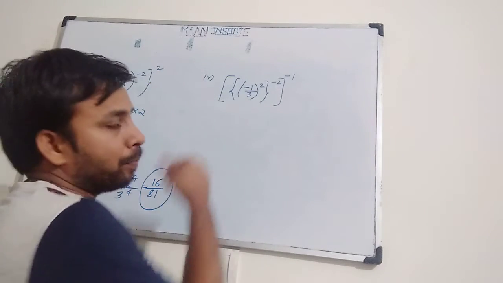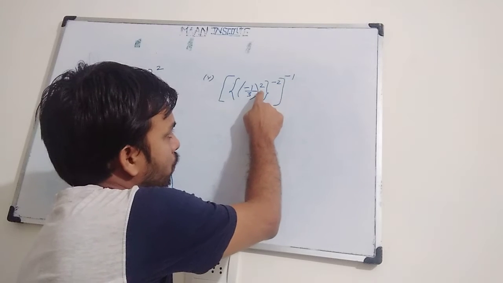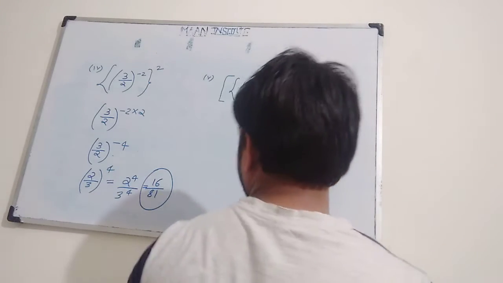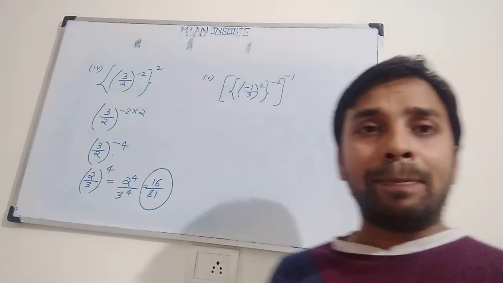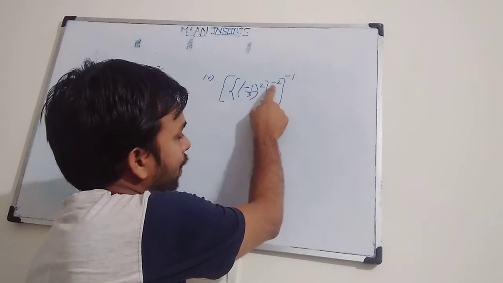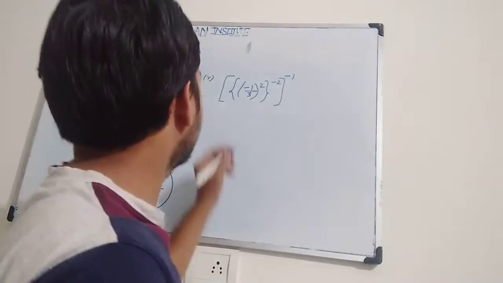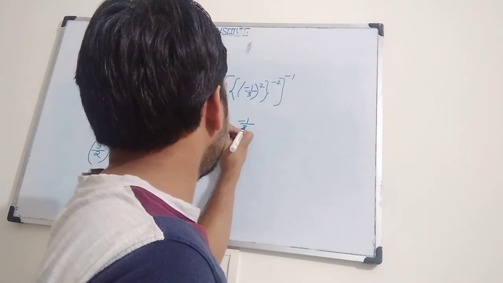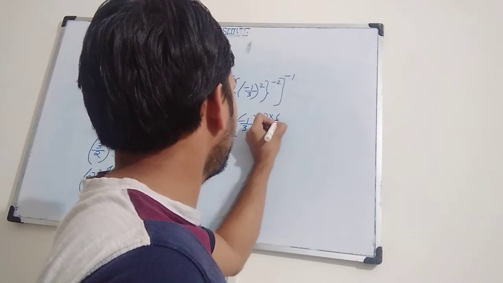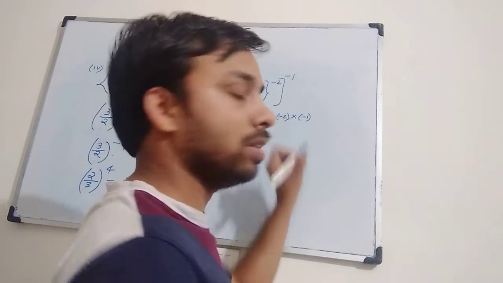The next one is just similar, but there is again another power. There are 3 powers back to back. 3 powers: 2, minus 2, minus 1. Right? Okay. So we will multiply the whole 3 powers here. 2 multiplied by minus 2 and multiplied by minus 1. Okay. So how does it look? See here. Minus 1 by 3, 2 multiplied by minus 2 multiplied by minus 1.